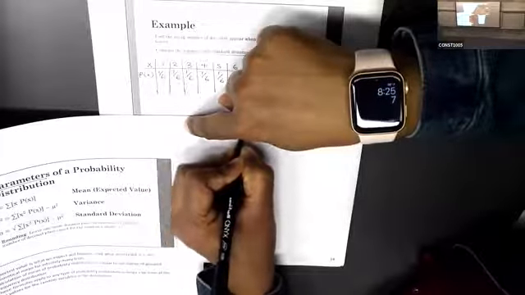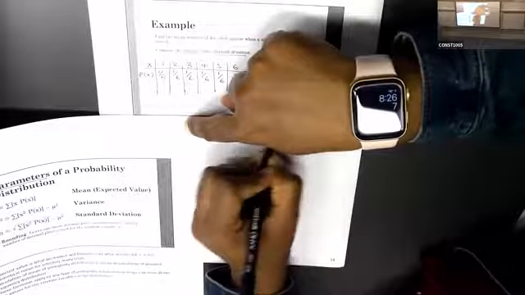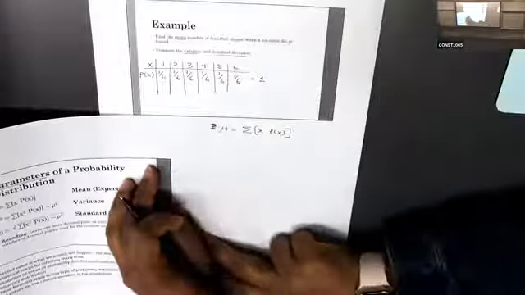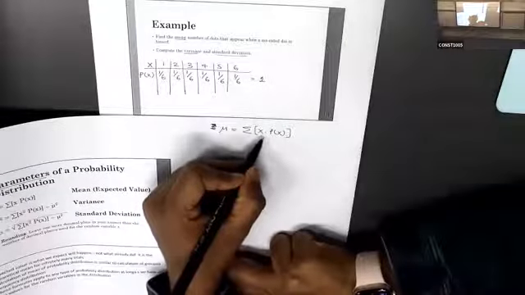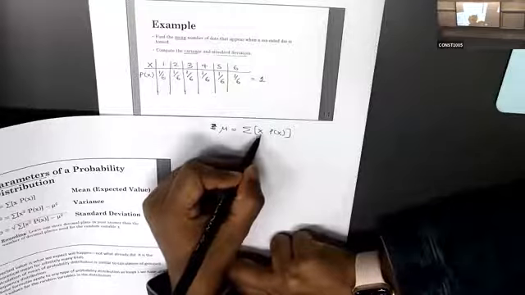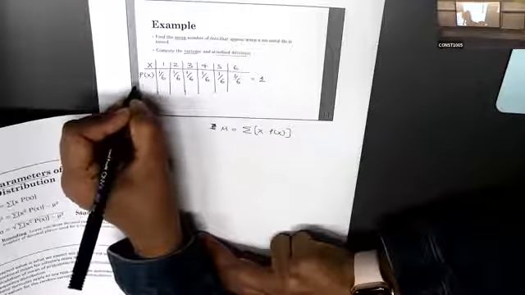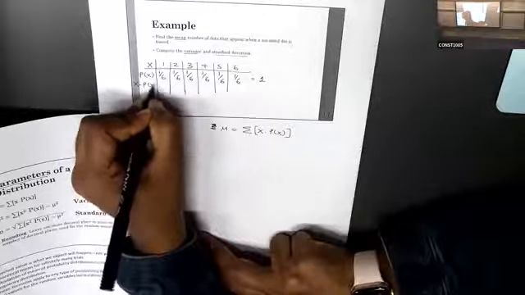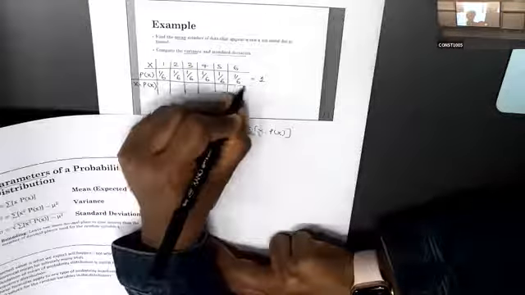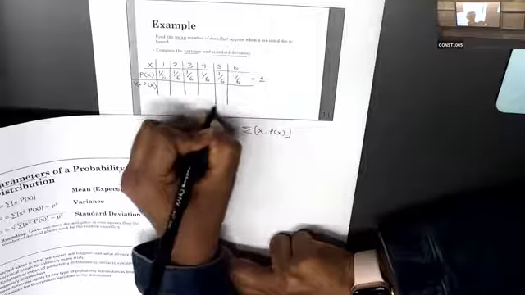How to find the mean? It's the summation of x times px. Okay, so this is the formula. To get the mean, we need these values because we have to add them all. x times px. So I will create that column here. x times px column. Okay, so